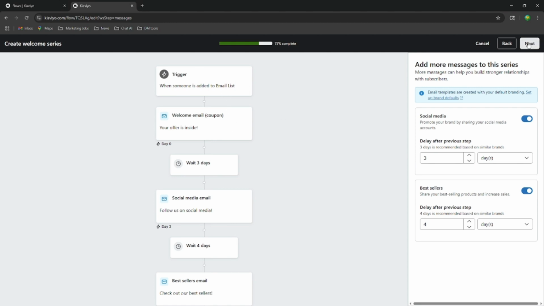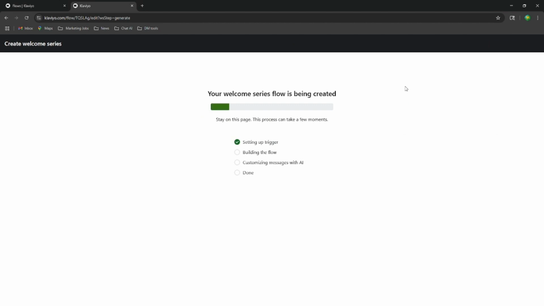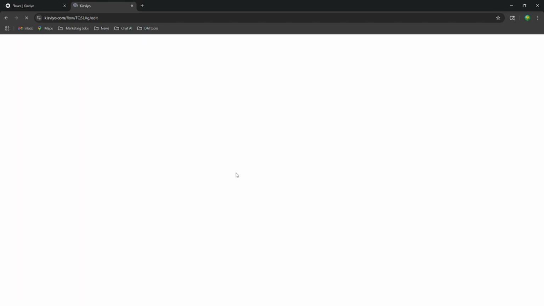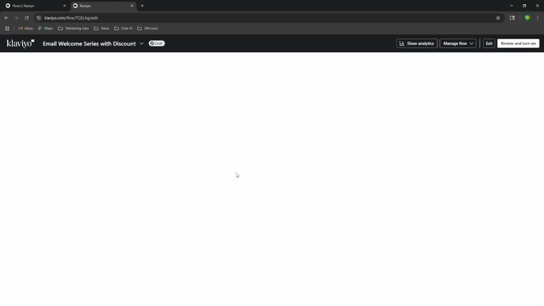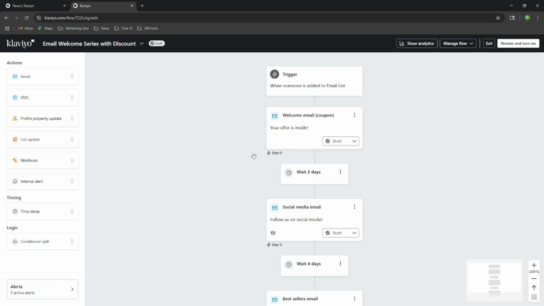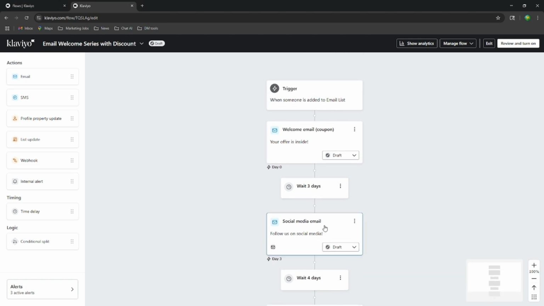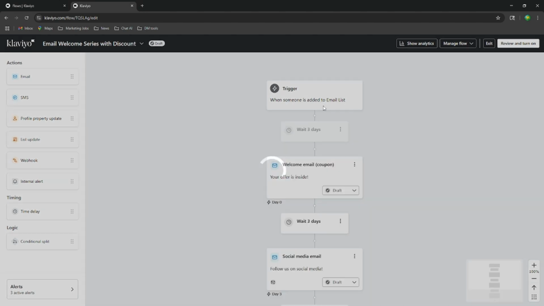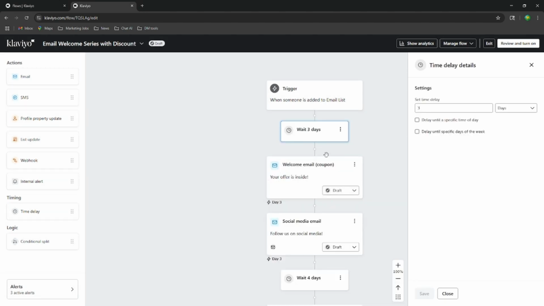Then once I'm all happy with that, I go next, and Klaviyo will start building out our flow into the standard builder. This usually happens pretty quickly. And there we go, it's almost done. And ta-da, we have our first flow here. So we have our different sets here. We can move things around, like let's say if we want to move that 3-day wait when someone is added to the list,